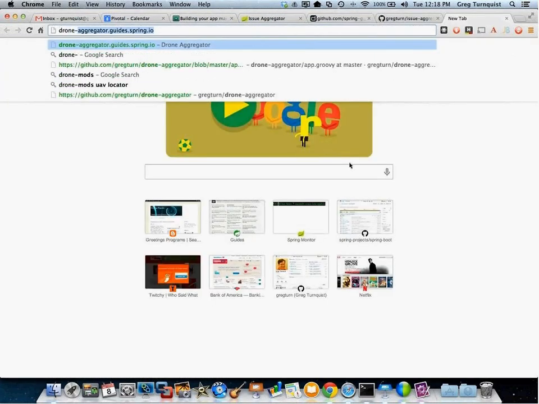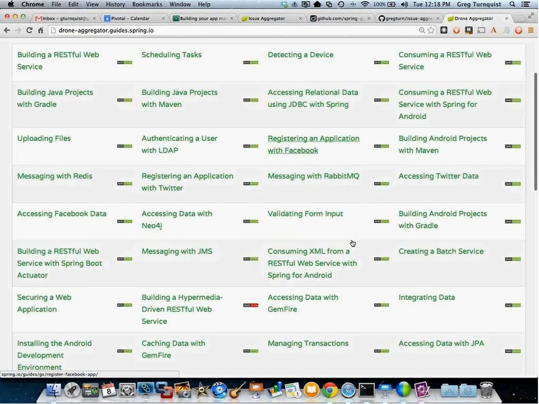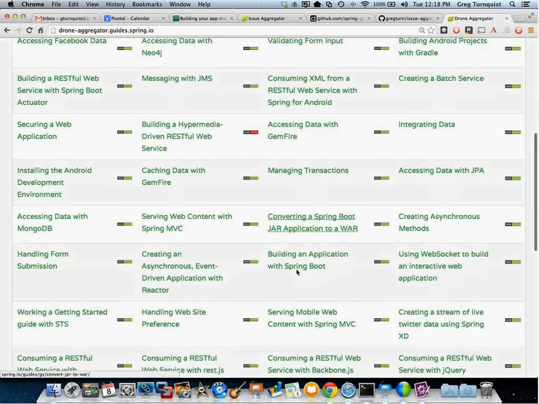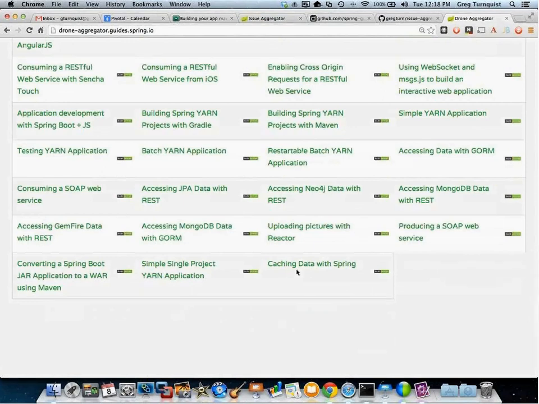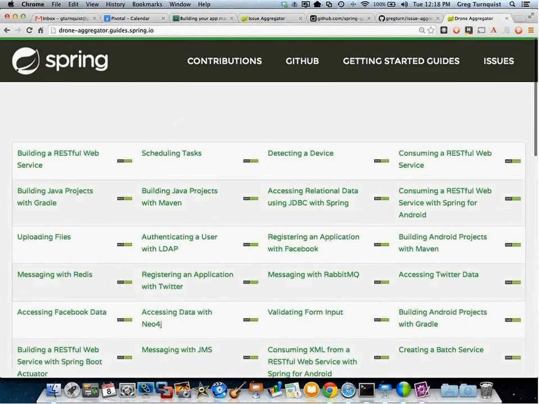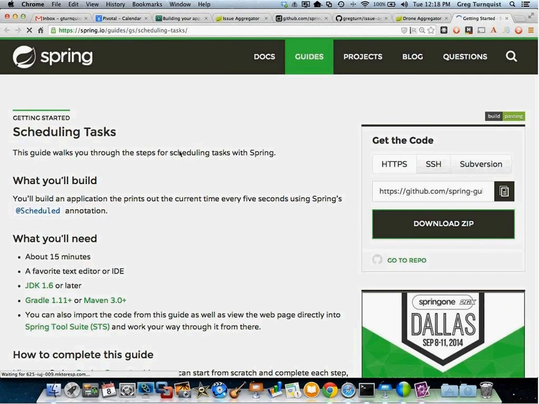So I had an idea: why not do the same tactic I did and create something called a drone aggregator? Oh, there's that red one there. I can get a tighter view of it at a glance to see what the status of all the guides are. For each one of these, there's a hyperlink where I can easily navigate to the guide itself if I want to look at it,